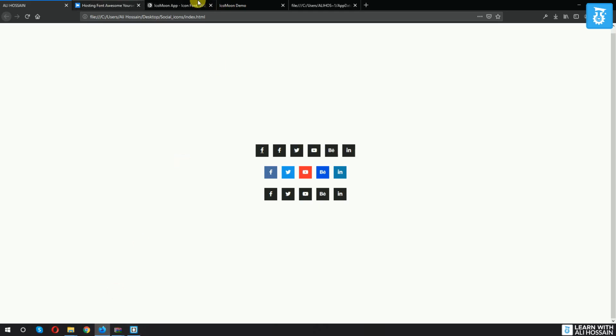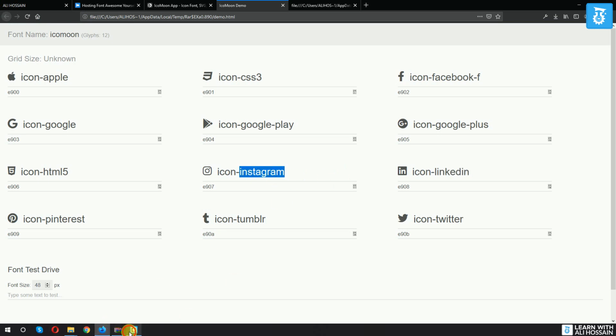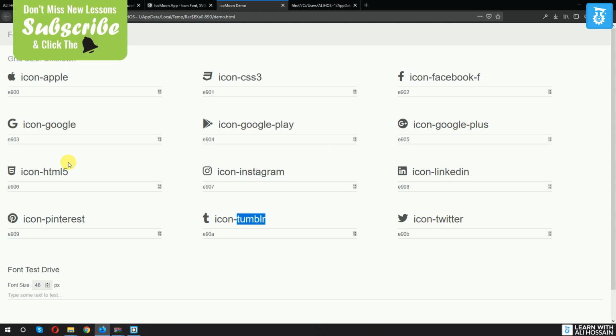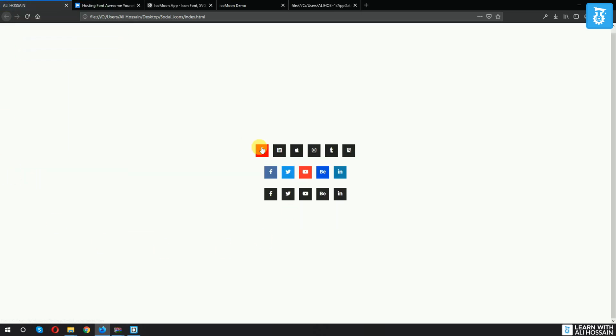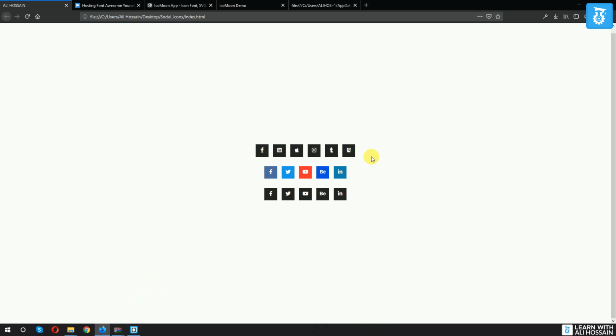Now you can select any icon. Let's add some icons here. It will be LinkedIn, the next one will be Apple, and I can also use Instagram, and Tumblr. Okay, I can use Twitter, I can use HTML5. Now if I refresh our project, you can see that everything works perfectly, and they are not Font Awesome icons now. They are all SVGs, and I converted all the SVGs to a font so that you can use them. And in the same way you can create any SVG using Illustrator or another SVG editor, and then convert it to your own font. Okay, it will be very handy.